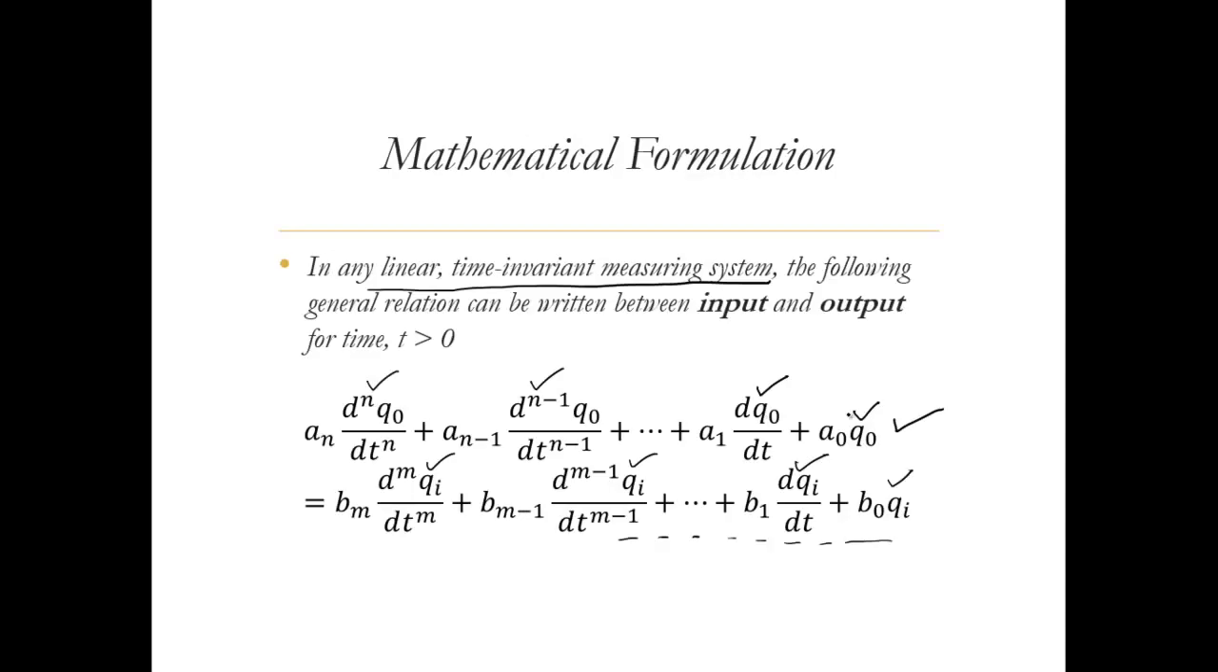So now if you look back to this, we have just this part and this part remaining on the left and right hand side. So it becomes something like this: A naught Q naught is equal to B naught Qi. Which means that